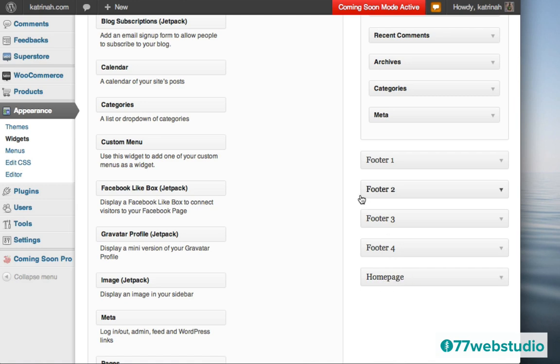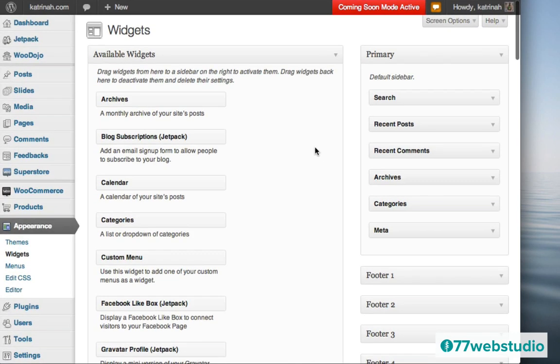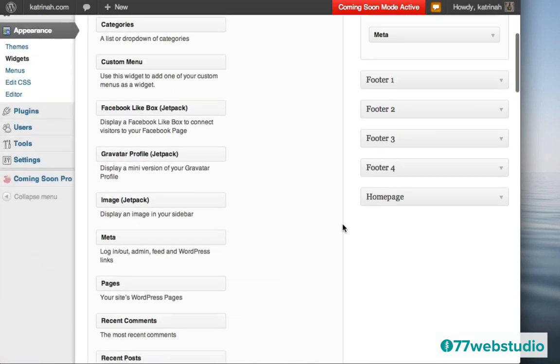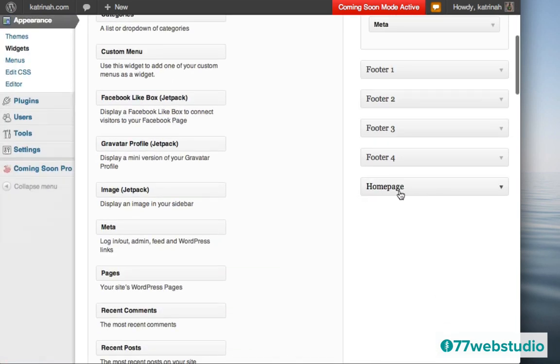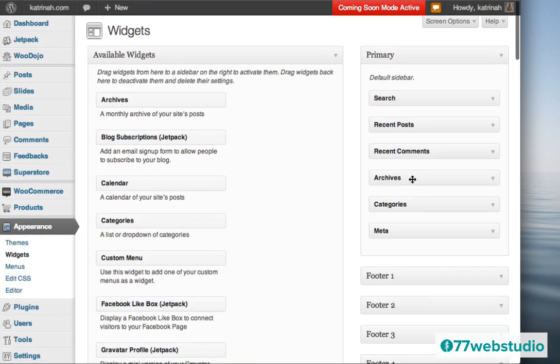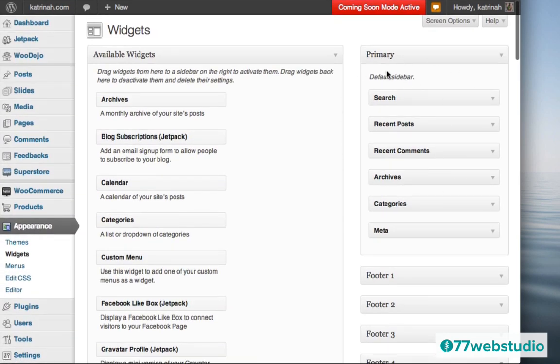So with this theme, you can configure the homepage in two different ways, either by clicking on Superstore and going to the theme options page, which is how we have configured the home page, or you can use the homepage widget right here. So I am not going to use this homepage widget, but I am going to configure the default sidebar, also known as the primary sidebar.